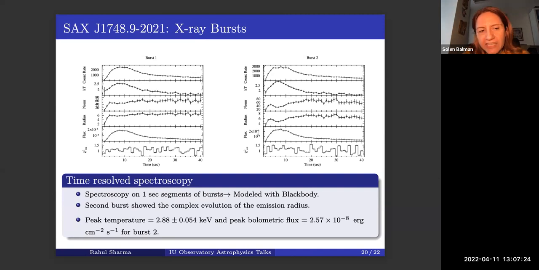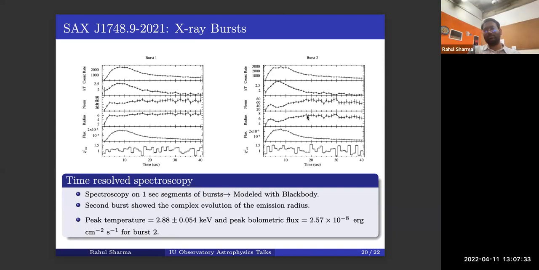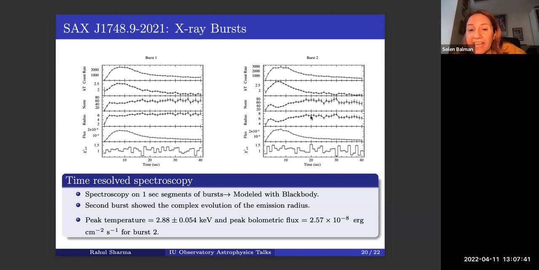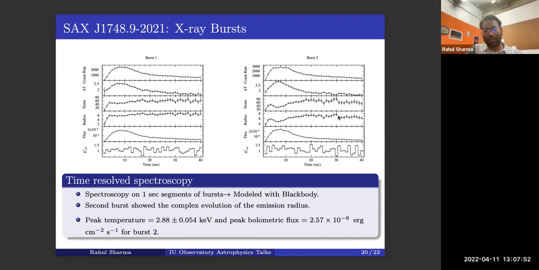It looks like the radius has expanded and stayed towards the end. So it is like a bloated radius. If I'm emitting from the full surface, it becomes constant. But it is bloated compared to where it starts from. Does it stay bloated? You were asking about the higher part.